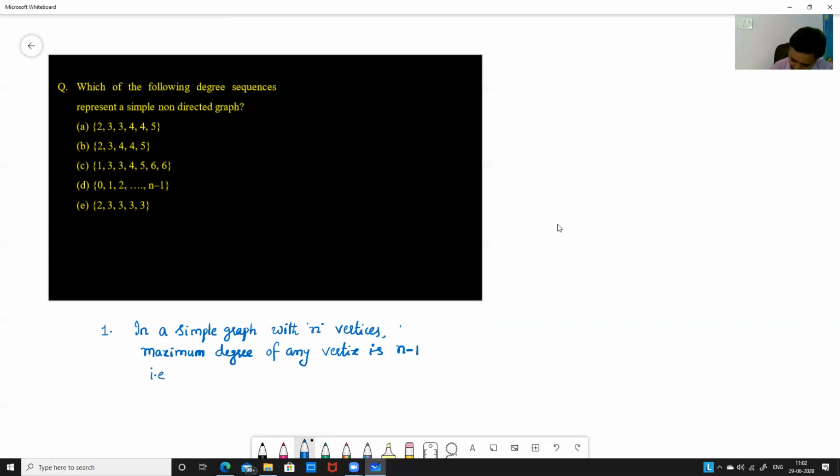That is, degree of any vertex is at most n minus 1. This is the first point you have to remember to answer this type of questions. Okay. This is the first property. Please remember the first property. And the second property,